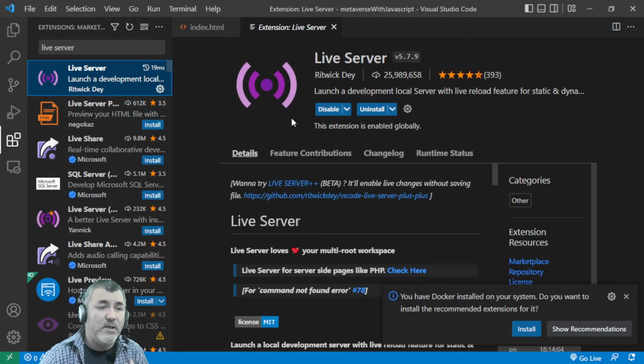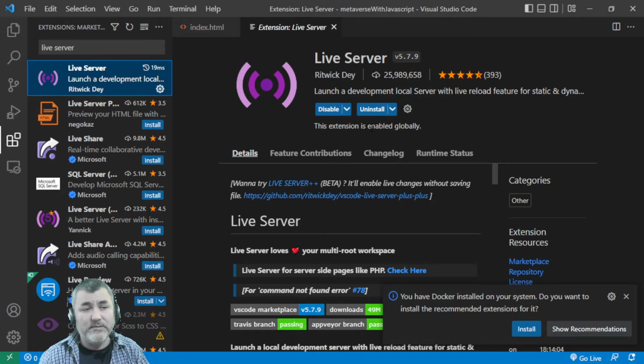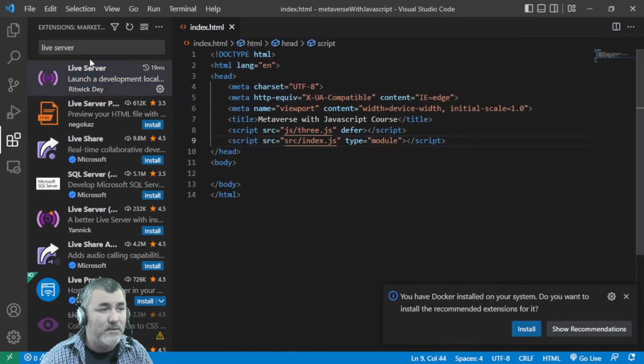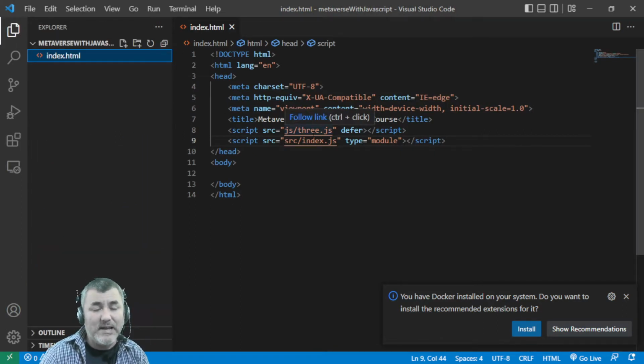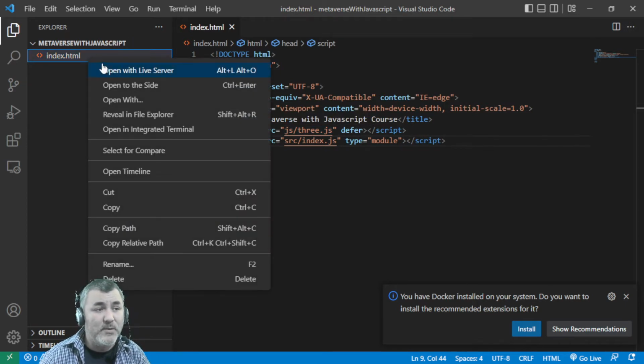I have already installed it, so I don't have to do it, but you have to, because in this way you build up a static web server in order to see this HTML file as a website in our local server. So you can right-click over the index.html file and then click here on Open with Live Server,